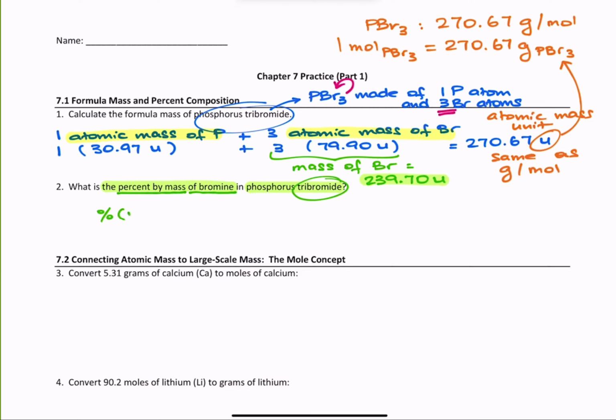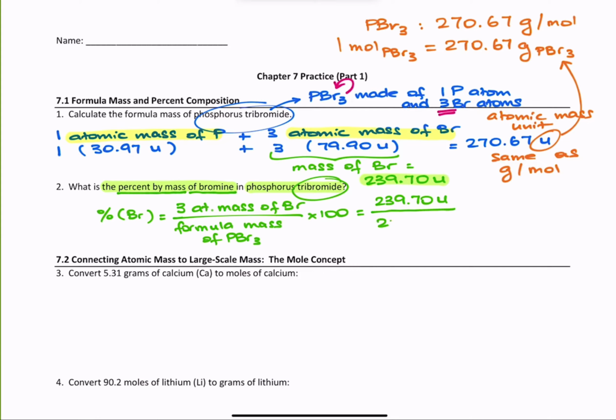The percent by mass of Br is going to be equal to 3 times the atomic mass of Br over the formula mass of PBr3 times 100. It's equal to 239.70 U over 270.67 U times 100. Plug this into your calculator and you get